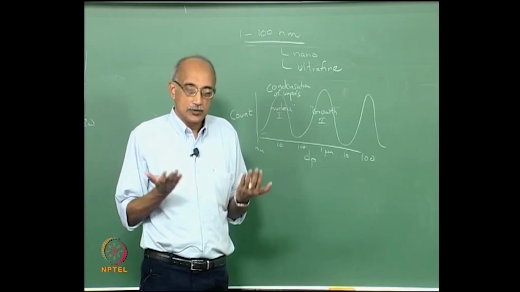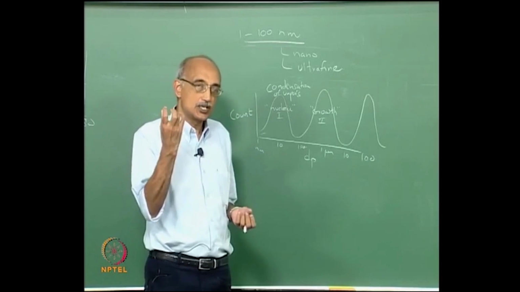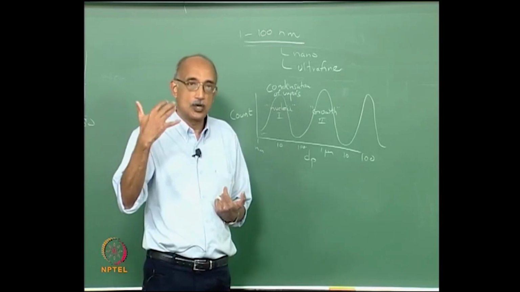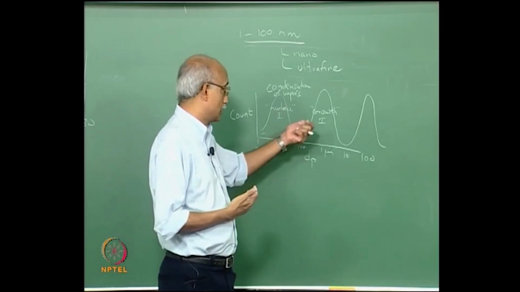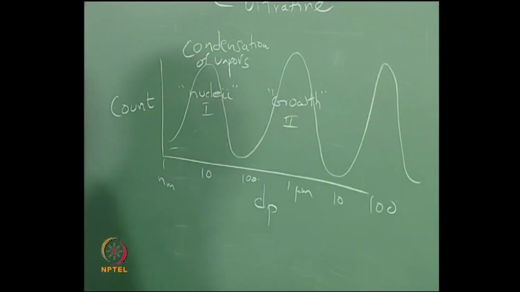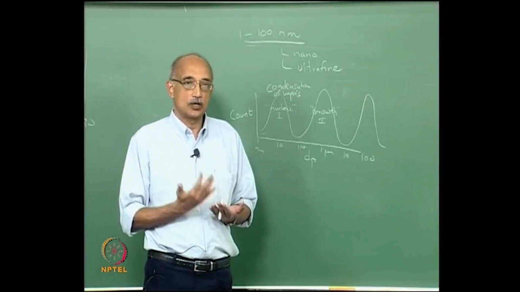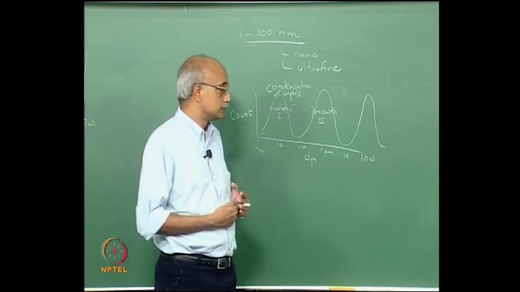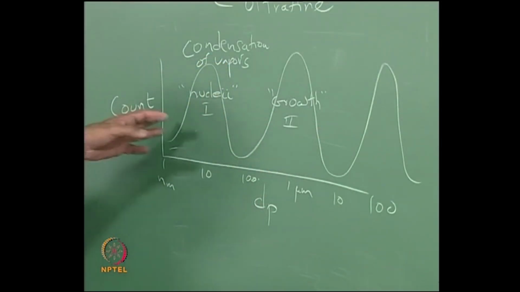So in other words, even if conditions are very conducive to the formation of rain droplets, if you do not have a sufficient amount of suspended particulates in the environment, rain will not happen. So you actually need a certain amount of pollution in the atmosphere for rain to begin happening. And so the nuclei that we are talking about here can either form in a homogeneous mode or in a heterogeneous mode, and heterogeneous mode always has a lower energy barrier, and so it is much more feasible compared to homogeneous nucleation. The growth phase is essentially the phase where the initially formed nuclei find their nearest neighbor and start